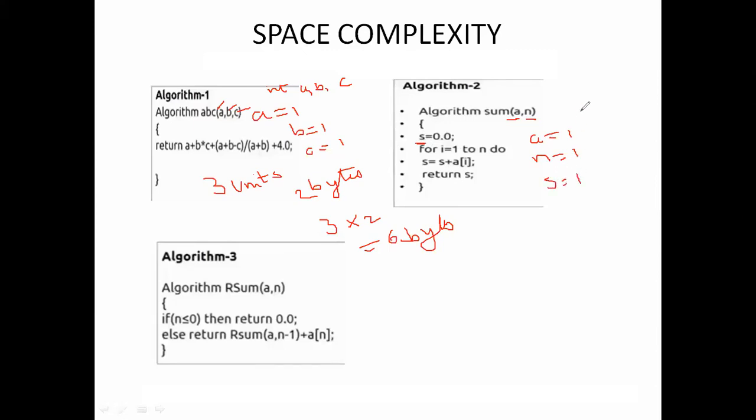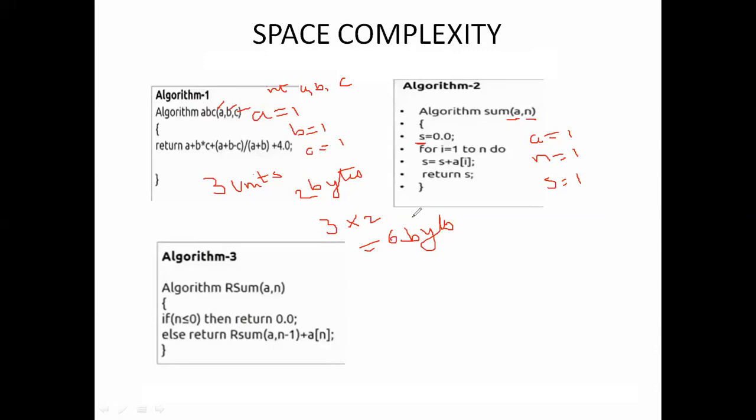This space never changes because they are fixed. For example, I am taking int A, N, S, so each occupies 2 bytes of memory. So this type we call the fixed part.